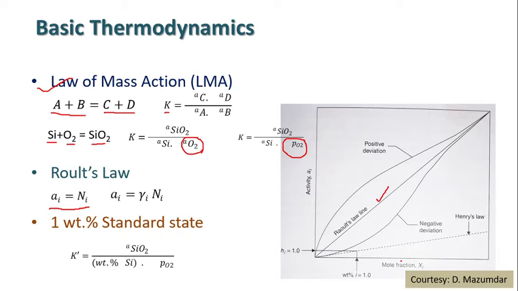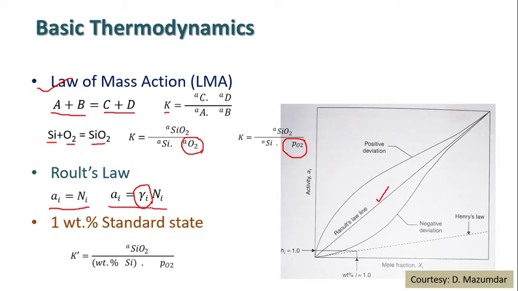This deviation, or the departure from the ideal line, can be quantified by the activity coefficient, that is called gamma. The expression will be a_i is equal to gamma_i N_i, where gamma_i is called the